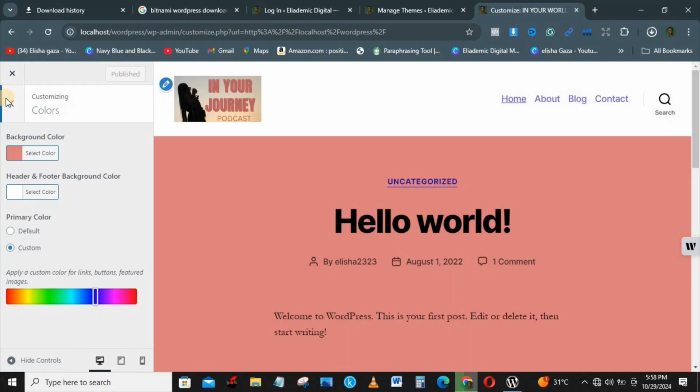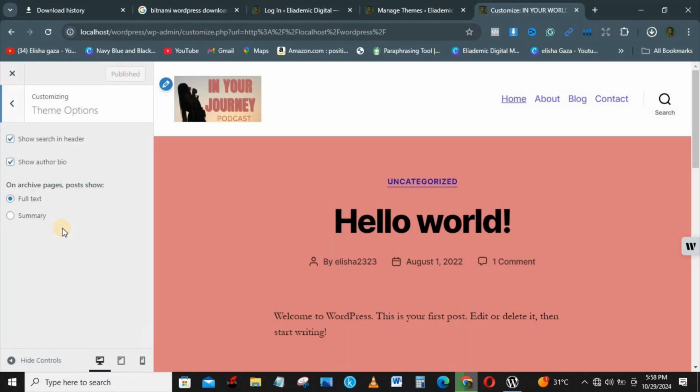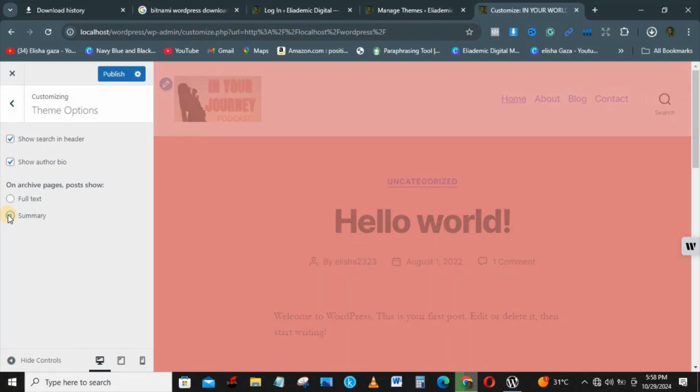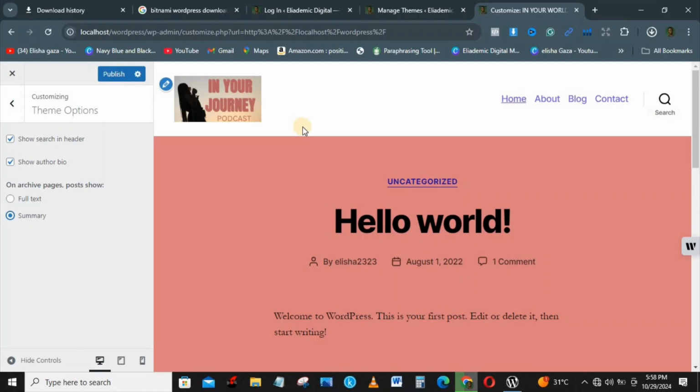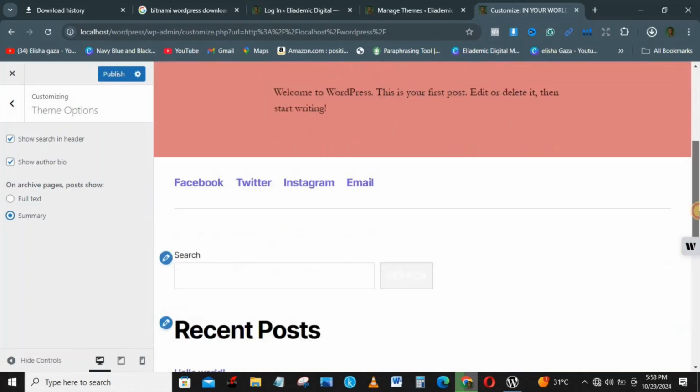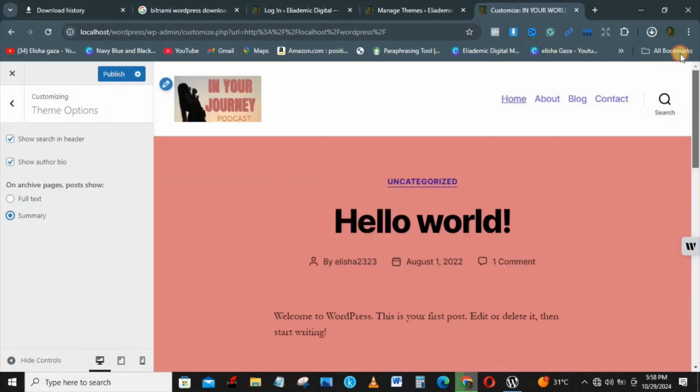Let's say we are through with colors. We can hover onto theme options, and there we can see if we want our pages to be full text or we want a summary of it. So when we click on summary, you are going to see how it's going to look like. So you see the summary, how your page will look like, but we want it to be a